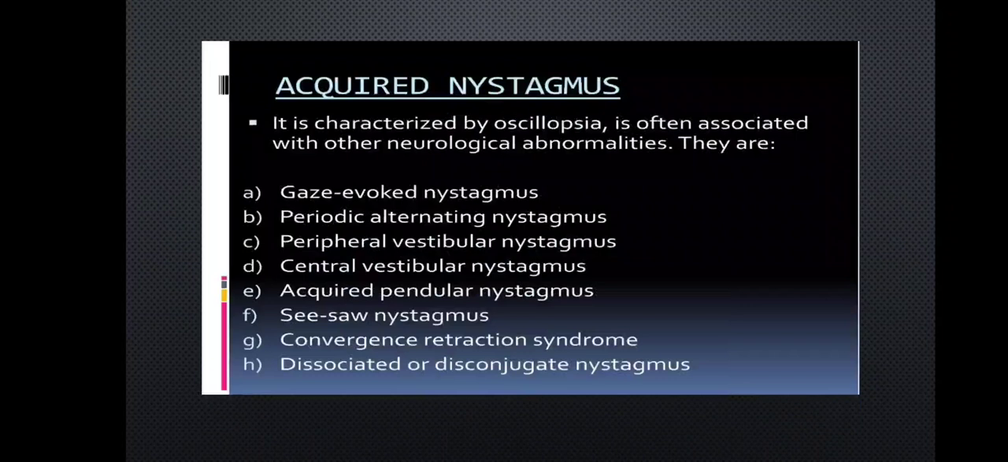Acute nystagmus is characterized by oscillopsia. It is often associated with neurological abnormalities. These include gaze-evoked nystagmus, periodic alternating nystagmus, peripheral vestibular nystagmus, central vestibular nystagmus, acute pendular nystagmus, seesaw nystagmus, convergence retraction nystagmus, and dissociated or